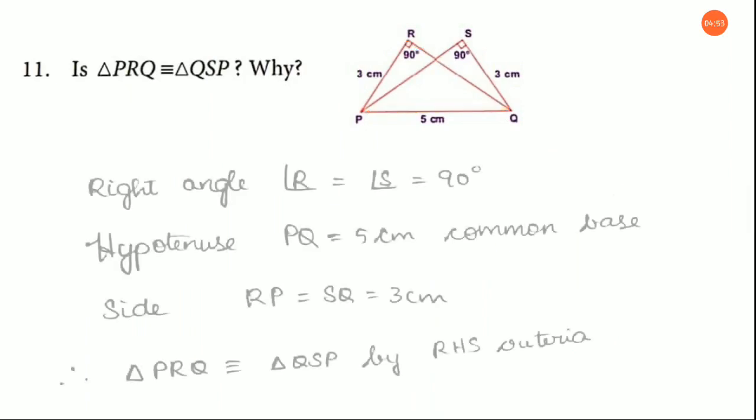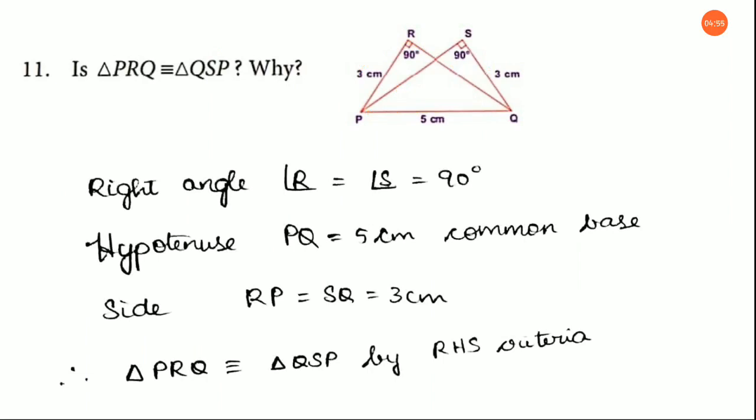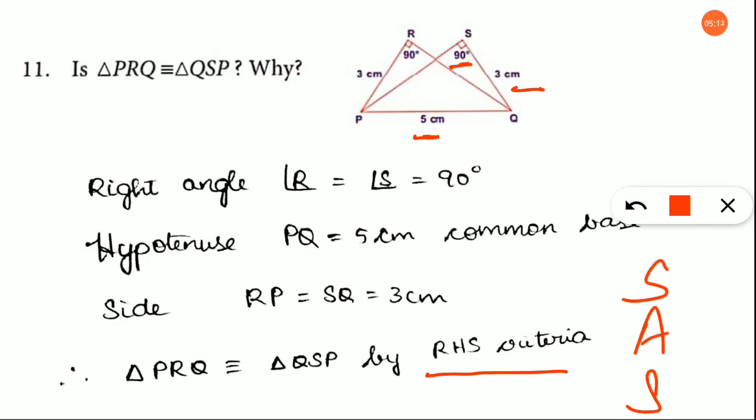Yes. So this is how you are going to write it down. Okay. Since it is 90 degrees here and there is one hypotenuse, right? So I'm going to consider this as a right angle and the hypotenuse and then the side. Okay. So we can say this is RHS criteria or SAS criteria. Both are same. Okay children, you can use this criteria and prove, or RHS criteria. Which one is easy for you? You can solve using that.